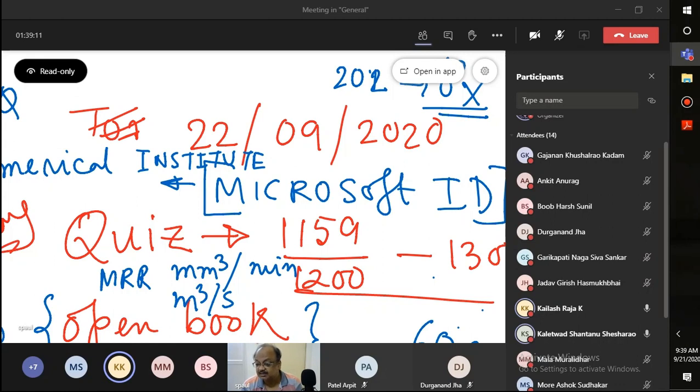Sir, this is Shantanu. I am using a password which was set by me earlier. Means you are not using the Wi-Fi campus password. You are using some other password. So this part of the instruction is a bit different. For MTech students, it would be the Wi-Fi password that you have set. And for dual degree students, because you are in the system for a long time, you must be using some other password to access Microsoft Teams. And the same password has to be used for appearing in the quiz.